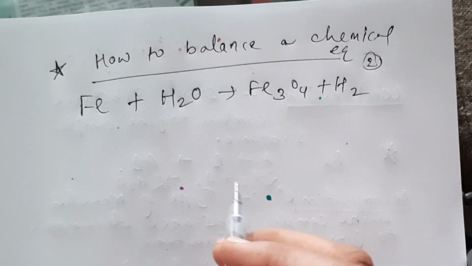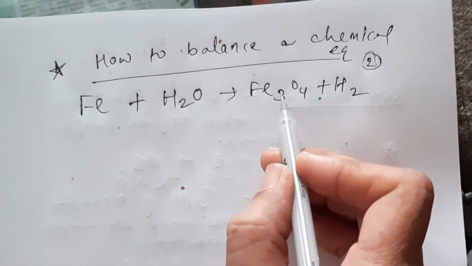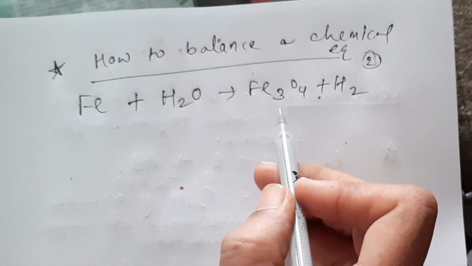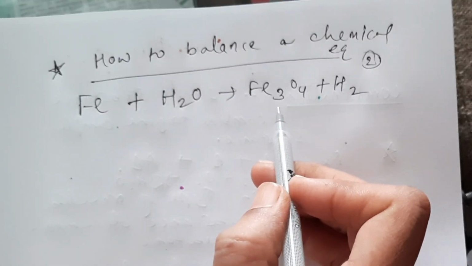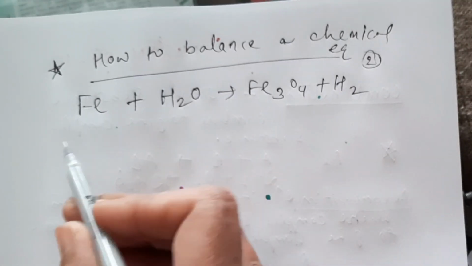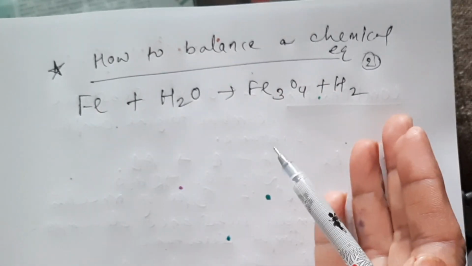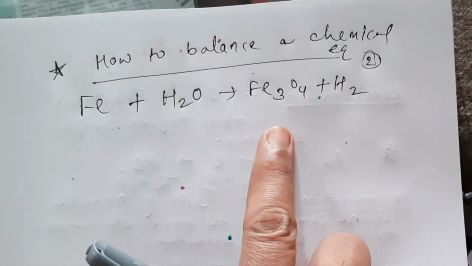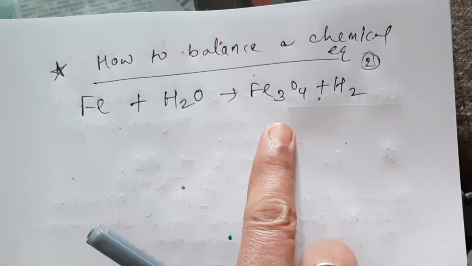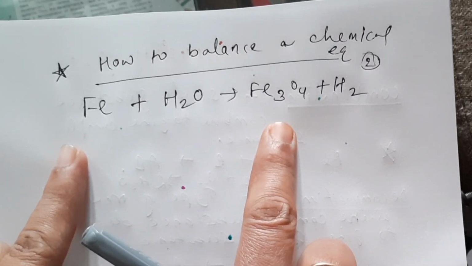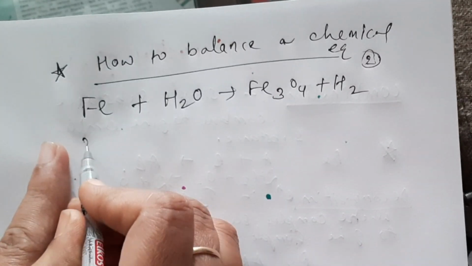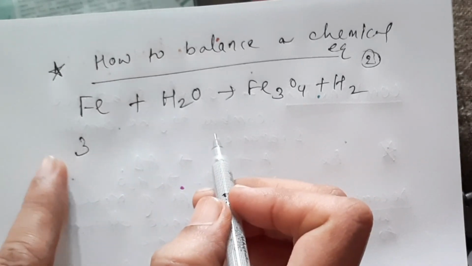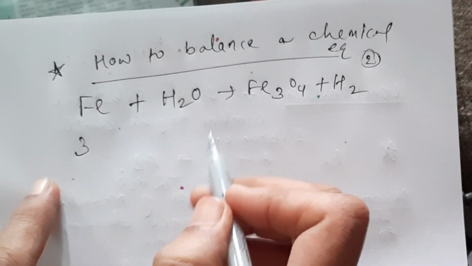While balancing, keep in mind we will always use the numbers as coefficients. They should never be used as superscript or subscript. So first count the highest value on either side. Here 1 atom of iron is there, and here 3 atoms of iron. So to balance it, we need to make 3 equal. So let's start by putting 3. Use a pencil for this so that there will not be any mistakes if you are making trials.